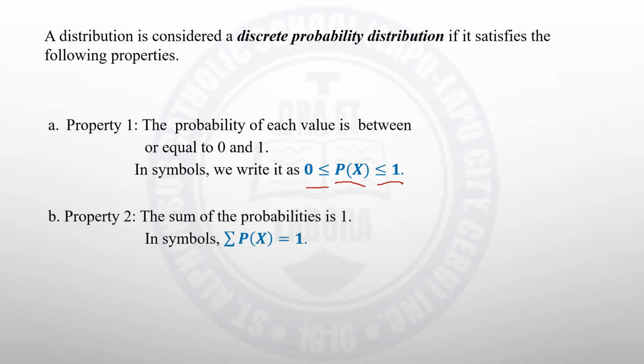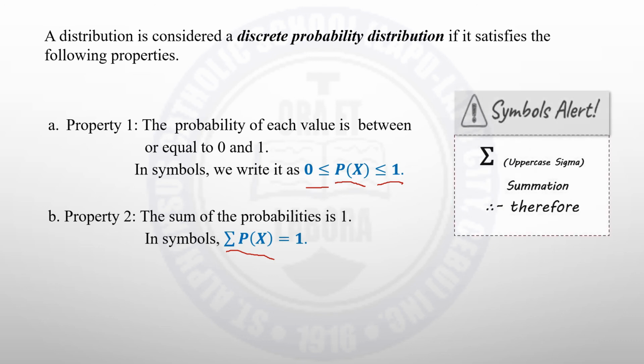The second property is that the sum of the probabilities is 1. In symbols, this one: the summation of the probabilities of the random variable is equal to 1. Please take note of the symbols, class, that this uppercase sigma is read as the summation of, and